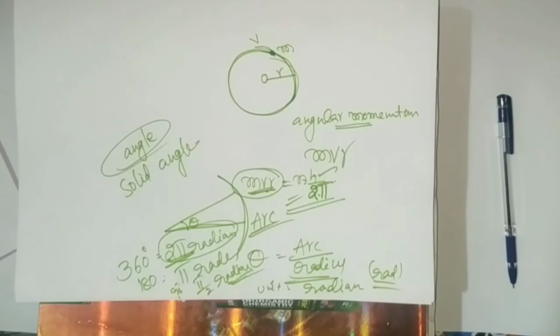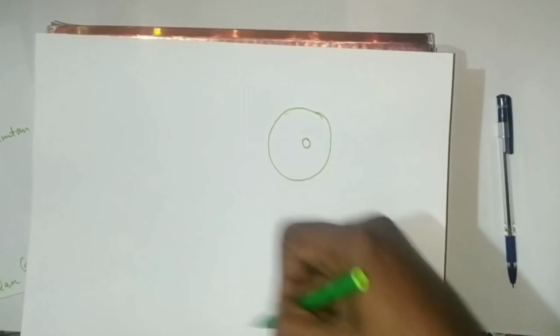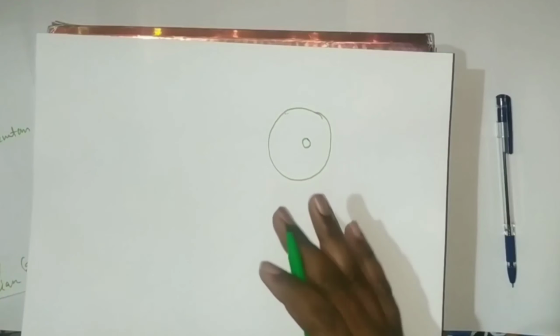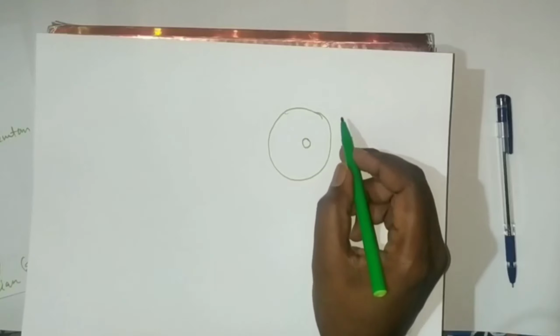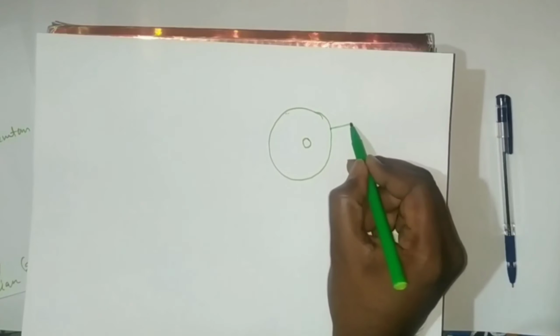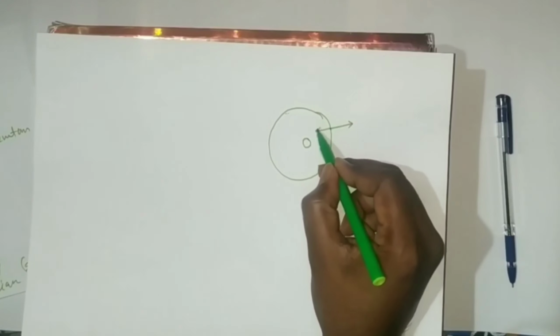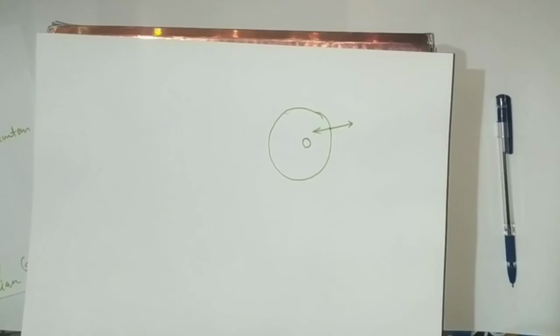So electrons are revolving around the nucleus in a fixed energy, right? So this is the nucleus. Electrons are revolving around the nucleus. Now here two types of forces are acting. One is in the outward direction, one is in the inward direction. So maximum Coulombic forces are acting here.